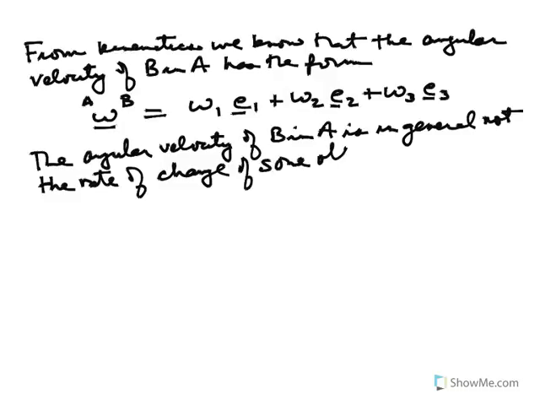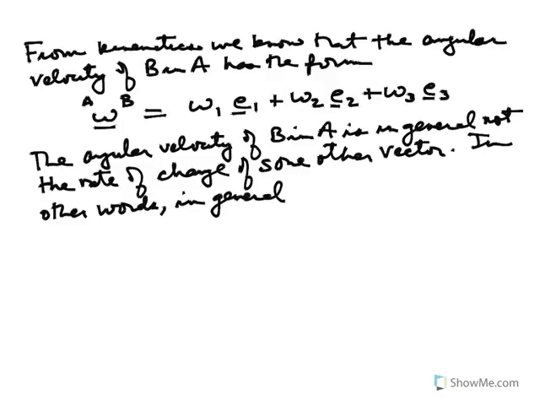In other words, there doesn't exist a vector such that when I take its rate of change, I get the angular velocity. So in other words, in general, there does not exist